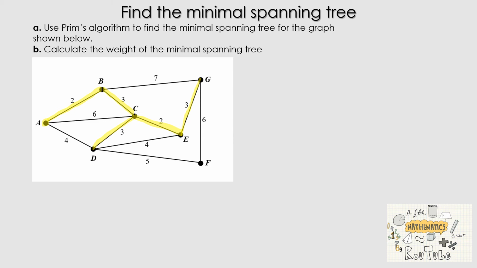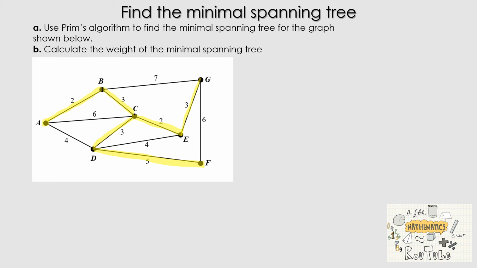So now we've got two options. We can either go from D to F, or we can go from G to F. Clearly from D to F the weighting is 5, and from G to F the weighting is 6. So therefore we're going to use the smaller weighting, so D to F. Now you've connected all of the vertices, so your first job is to redraw the